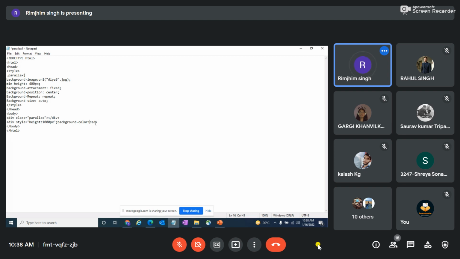And then see what happens now. And then div style is equal to height width open. Okay. And then save it and see what happens.